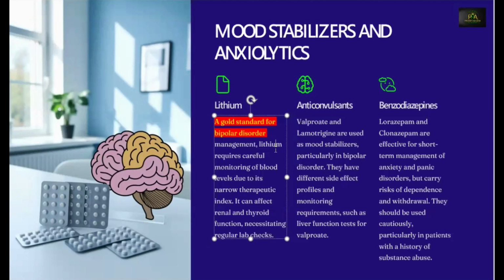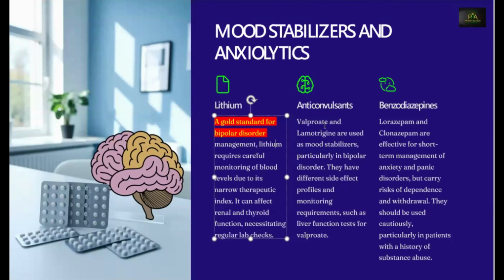So monitor the TSH, monitor pregnancy, monitor the renal. That is, do the pregnancy test, which is always the number one thing. Then TSH, then the kidney renal function test. Then we also have the